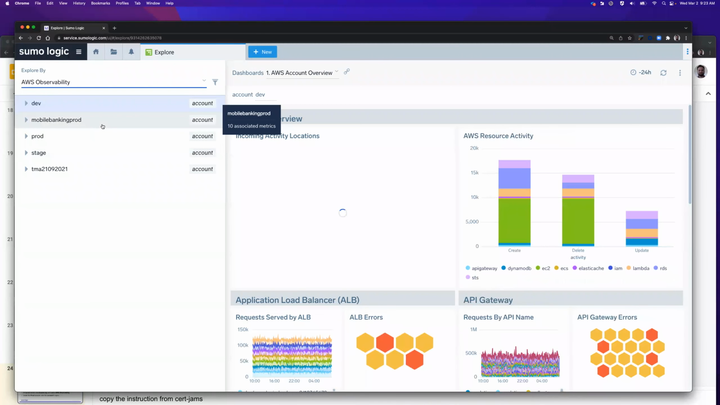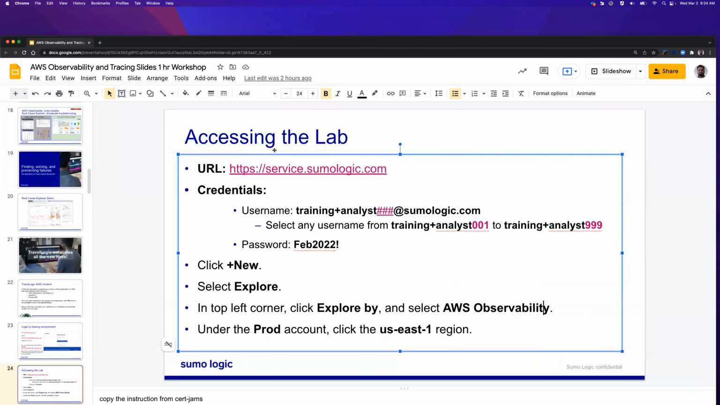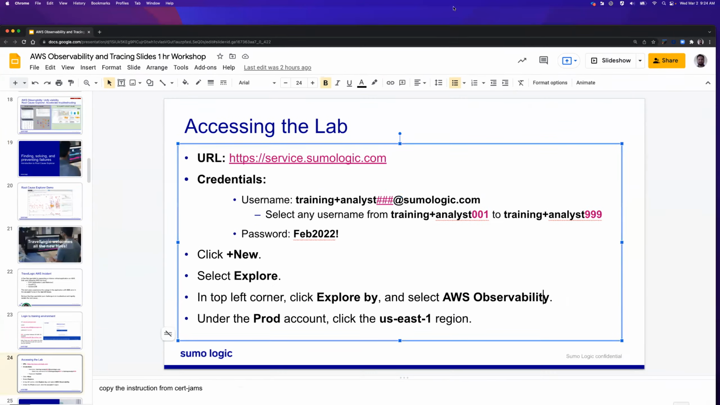Once you've done so, what you should see on the right-hand side of the screen is your view into your AWS Observability. Now, this is showing a lot of different accounts: dev data, prod data, staging data. We have a mobile banking app that we use for another training class. So we have a lot of different instances, or accounts more specifically. Now, we want to choose a specific account. If you remember in the example I gave, we wanted to use prod US East 1. So what we want to do up here,